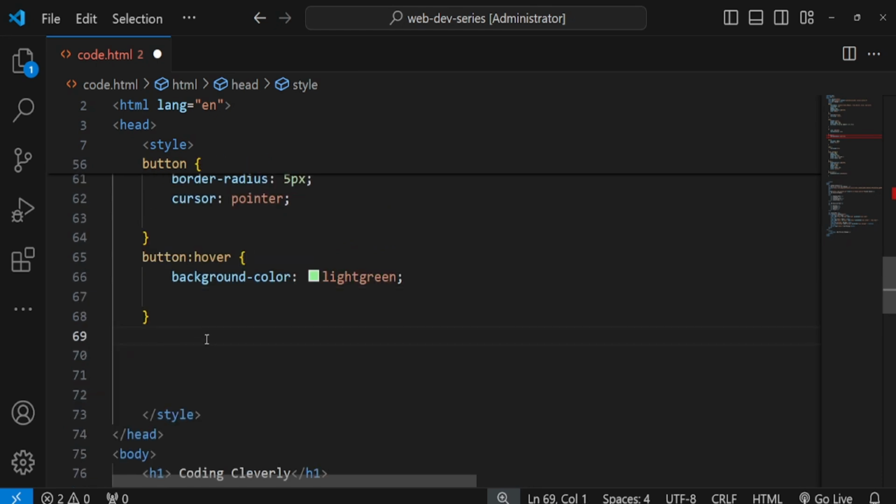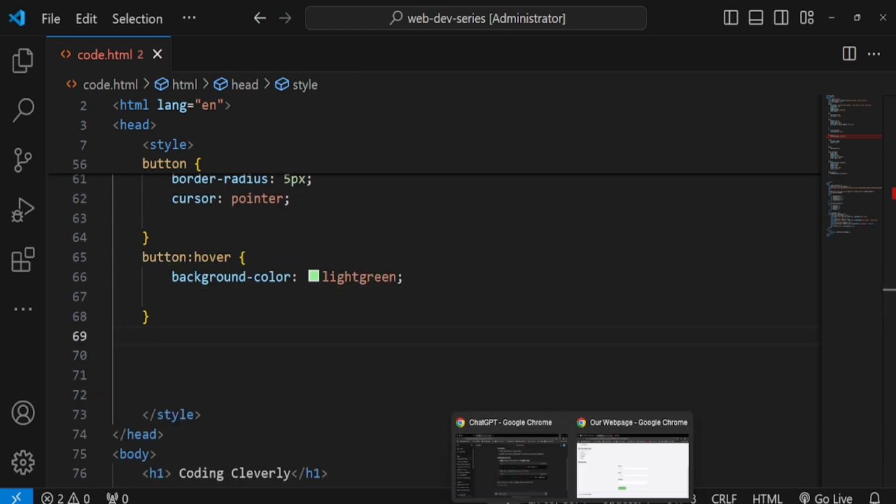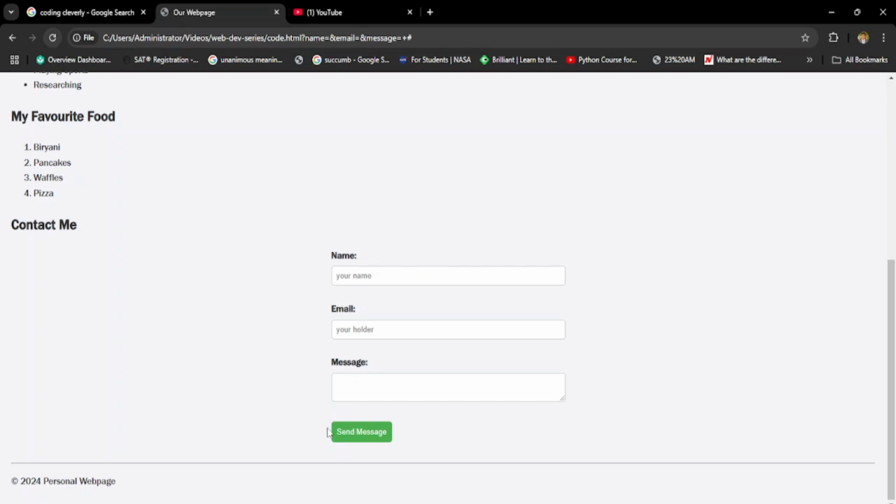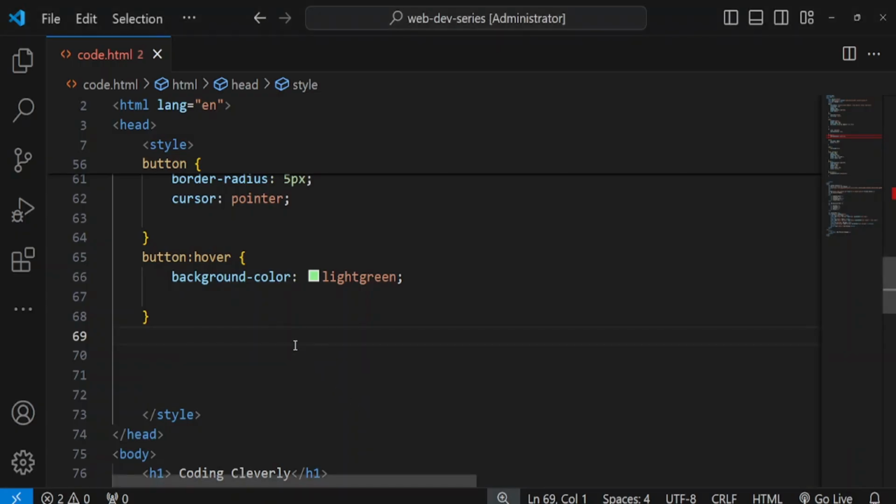So we see the hover button is done over here. We could save it. We could go back in our web page and see. You see this hover button? It's light green now, so that's really nice. If it's gonna be the same thing, how would I know what's the difference over here? So let's change the footer,